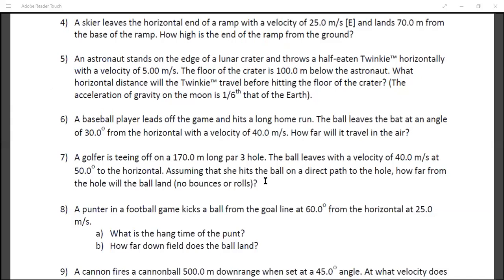Yeah, Aditya. Sir, in the fourth one, if the skier, is it biker? No, skier, you can call that. Yes. So if he's going up the ramp, then shouldn't it be the third type of projectile? No. It is telling it is leaving the horizontal end of the ramp. It is just leaving the horizontal end, na? So it is not inclined. The ramp is not inclined at any angle. If it is inclined at an angle, you could say that might be the answer. Yes, sir.